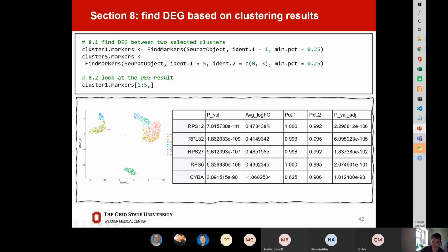If this value is greater than 0.25 or smaller than negative 2.5, that means this gene is a differential expression gene. And the percentage means how many cells express this gene in cluster 1. Take this gene as an example, RPS12 is 100% expressed in cluster 1 here. And the PC2 means the rest of our clusters, because the comparison object is the rest of the clusters